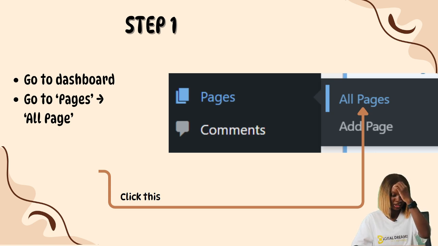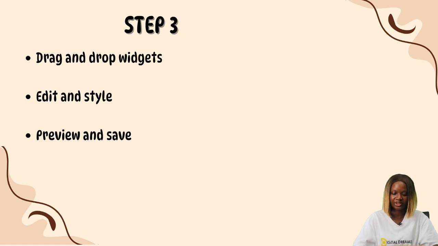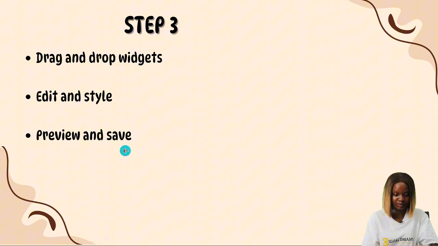You go to pages, all pages. Then you go to the page of interest, you click on edit with Elementor. You drag and drop widget, you edit and style, then you can preview and save. So now heading over to our WordPress,